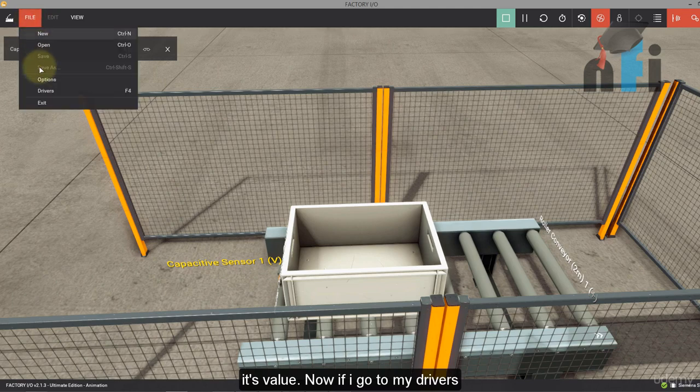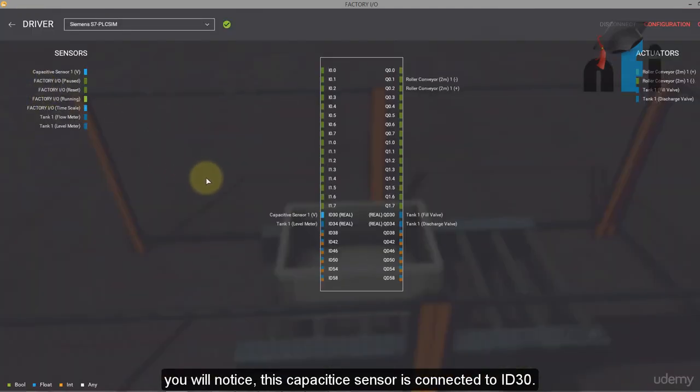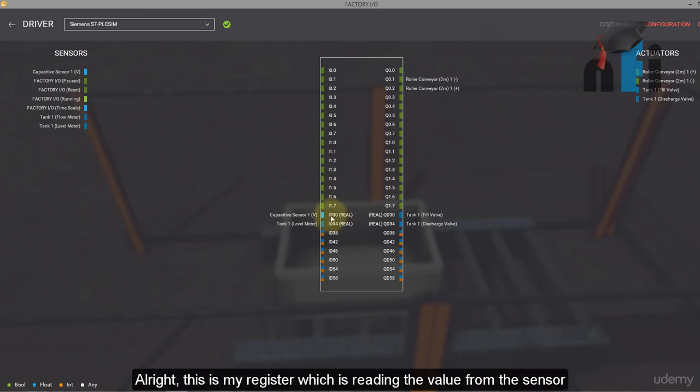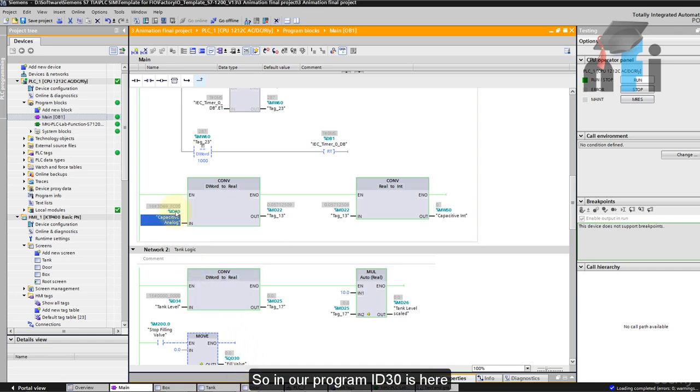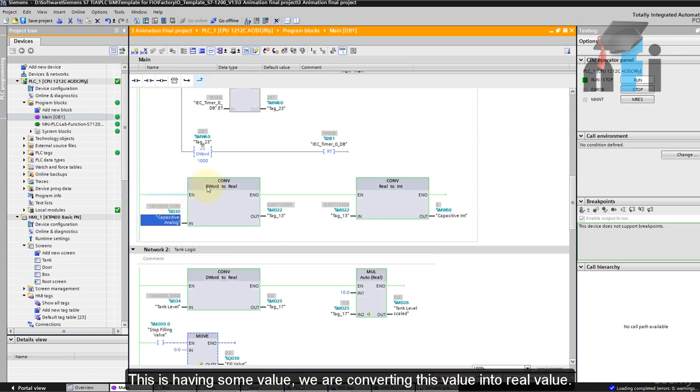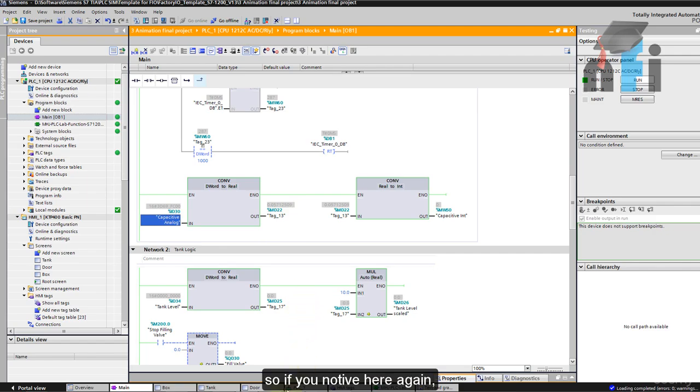Now if I go to my drivers, you will notice this capacitive sensor is connected to ID30. Alright, this is my register which is reading the value from the sensor. So in our program, ID30 is here. So this is having some value. We are converting this value into real value, which is 0.05 compared to what's written here. Alright, so in real value we are getting the range of 0 to 10. So if you notice here again,